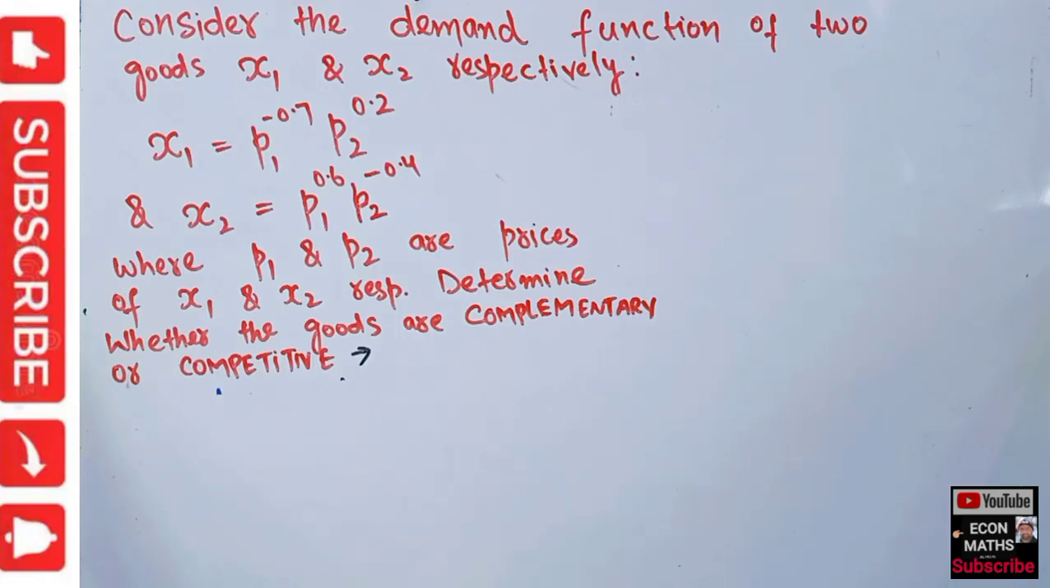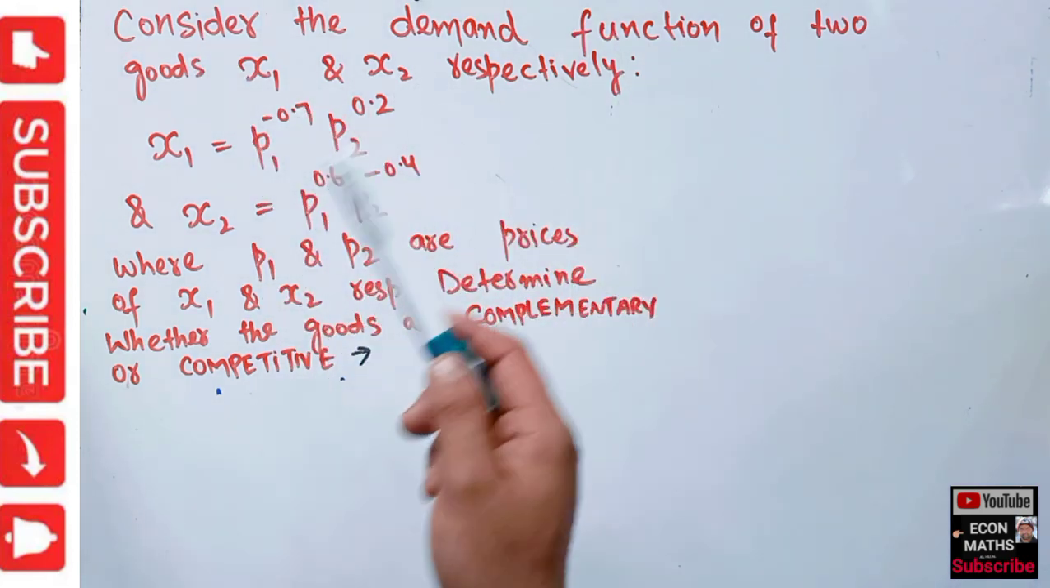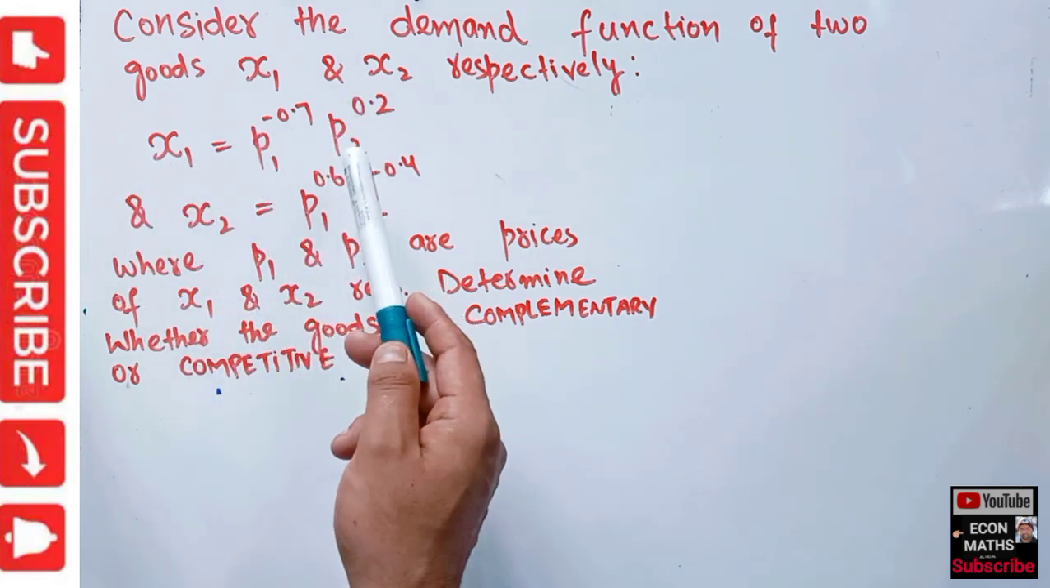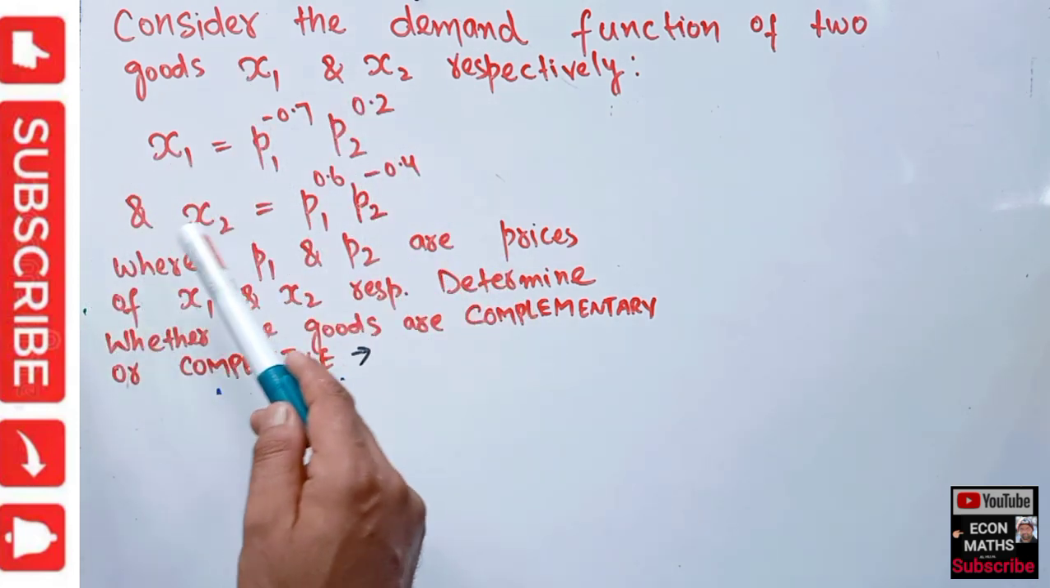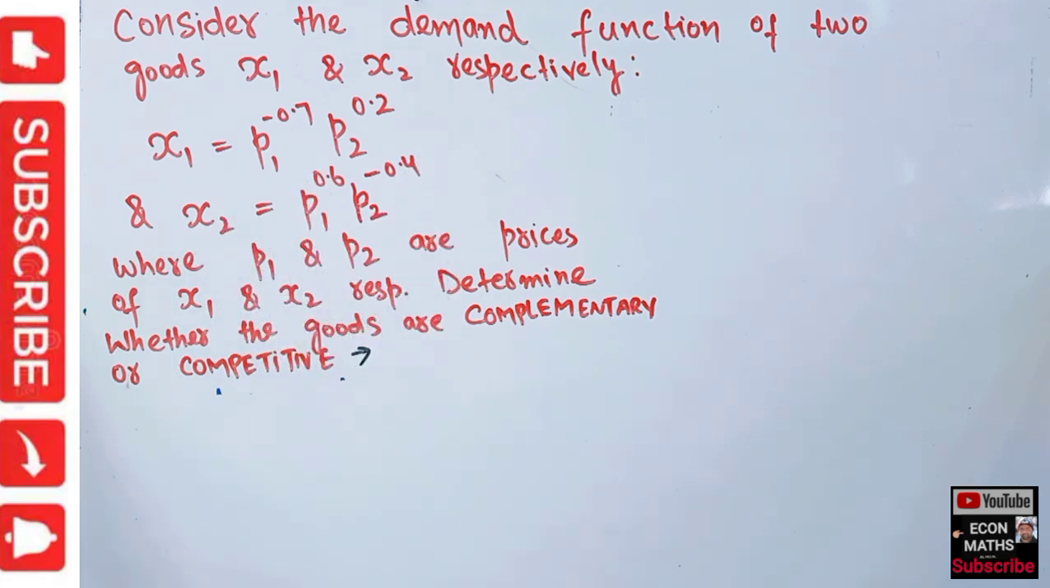In this video, we will learn how to find whether two goods are complementary or competitive. The question is: consider the demand functions of two goods x1 and x2. Demand for good x1 is equal to p1 raised to the power minus 0.7 times p2 raised to the power 0.2, and the demand function of good x2 is equal to p1 raised to the power 0.6 times p2 raised to the power minus 0.4, where p1 and p2 are the prices of goods x1 and x2. We have to determine whether the goods are